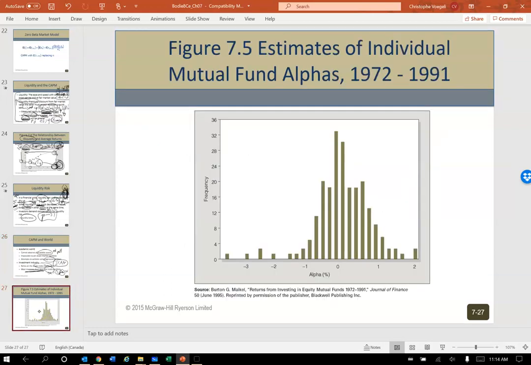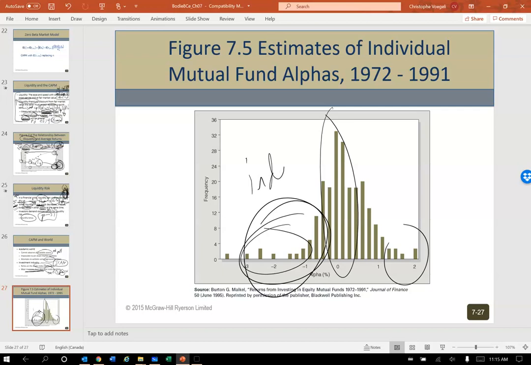Here we go. There's been a ton of literature on this about mutual funds and active investing. Active investing is the idea of trying to outbeat the market portfolio. So you're choosing stocks and bonds that are different than the index or the market portfolio in an effort to outperform. And you can see here's a histogram. The vast majority of alpha is right around 0, which tells you that a lot of smart people usually don't outperform the market. Some do, not that many, and a lot don't, and they produce negative alpha. So in these cases, you're better off just holding the index.